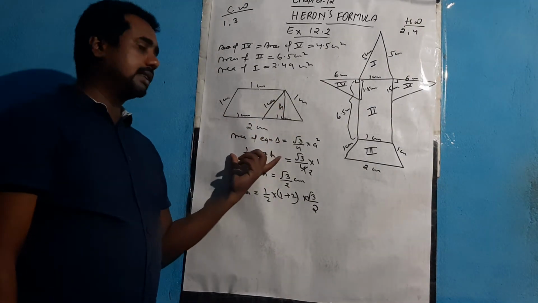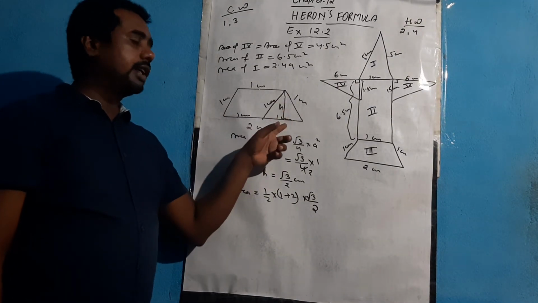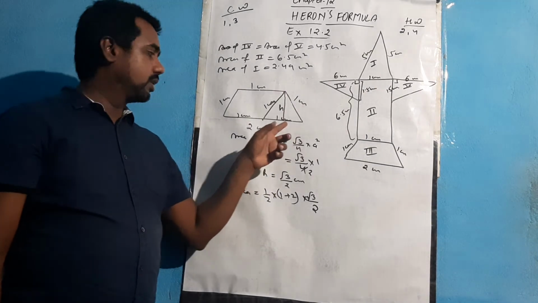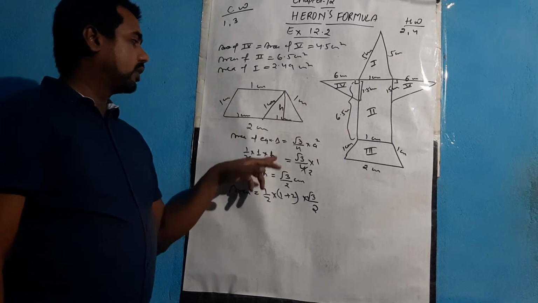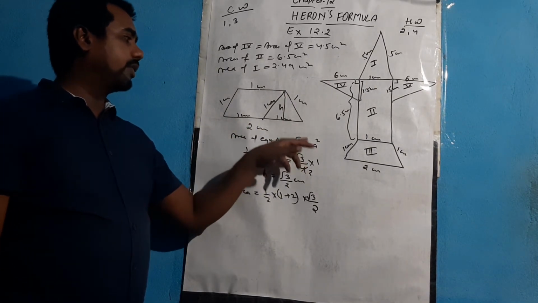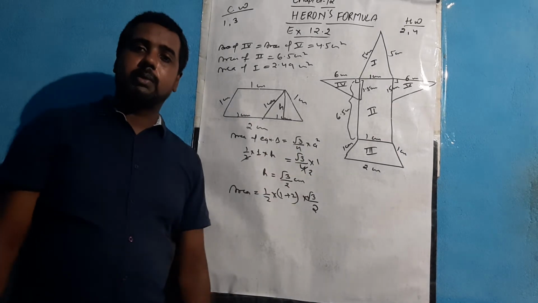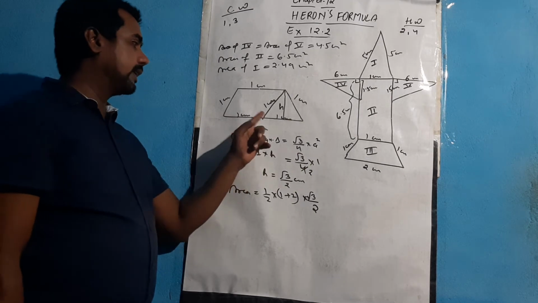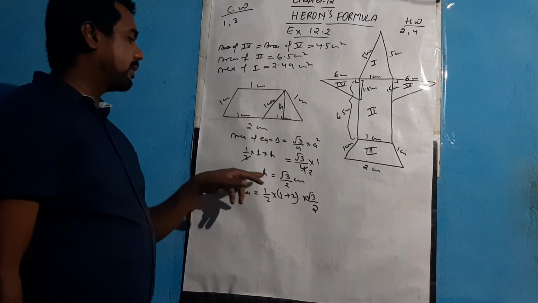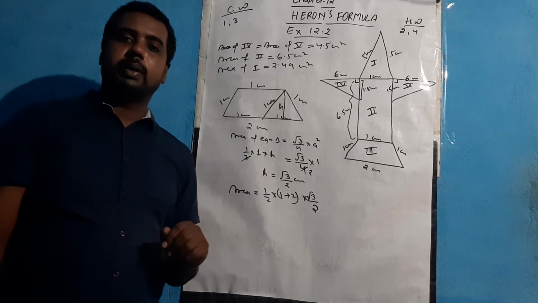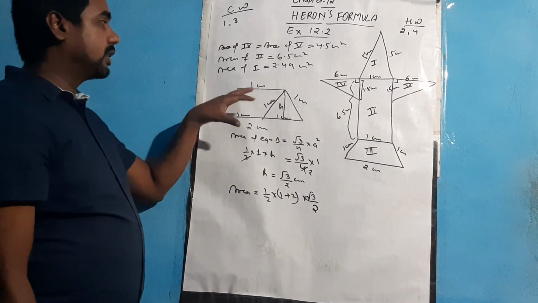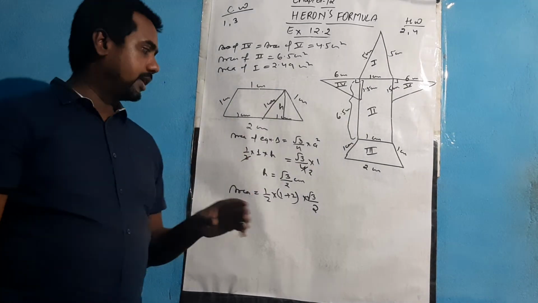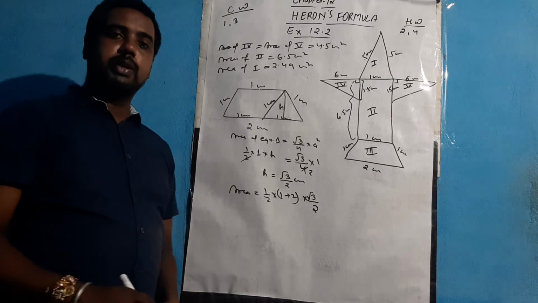So area is taken as half base into height, because we need to calculate the height of this particular triangle. Base was 1, height we need to calculate, and area of equilateral we applied to get the area of that particular triangle. That was root 3 by 4 into side square, and the side is 1. So after simplifying this, we got the height as root 3 by 2. It means that the height of this particular trapezium is root 3 by 2.